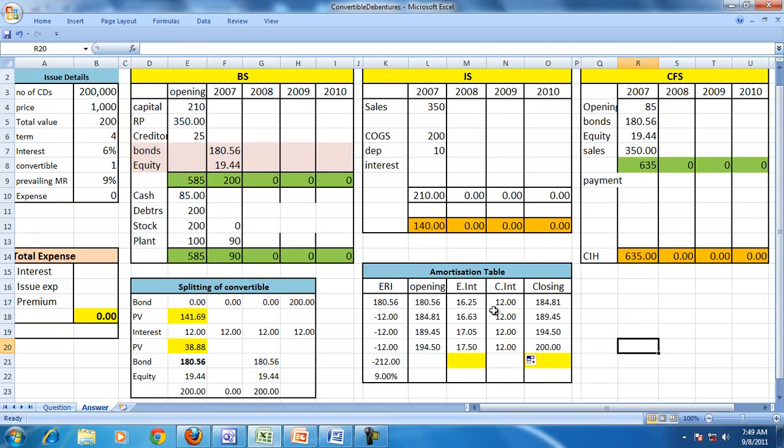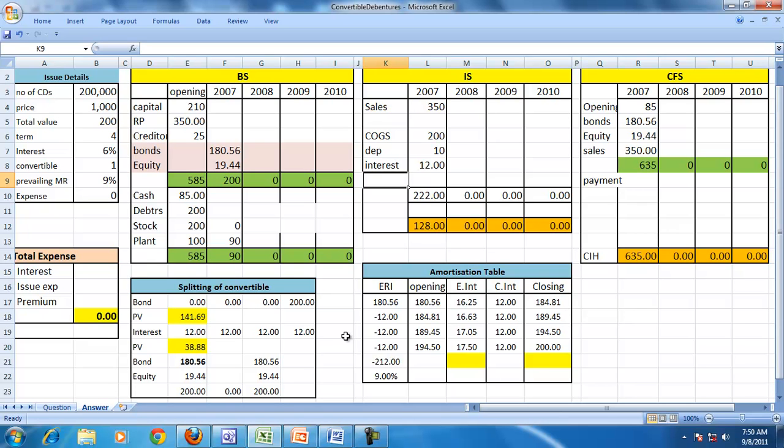So this table shows the amortization calculation, or the amortization table will show the effective interest calculated on effective rate of interest, and also the coupon. And this is the closing value or amortized cost of the bond to be shown on the balance sheet every year. So the interest that I have to show is I'll show that as a coupon interest,